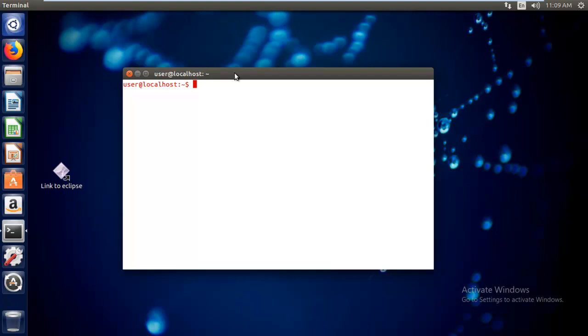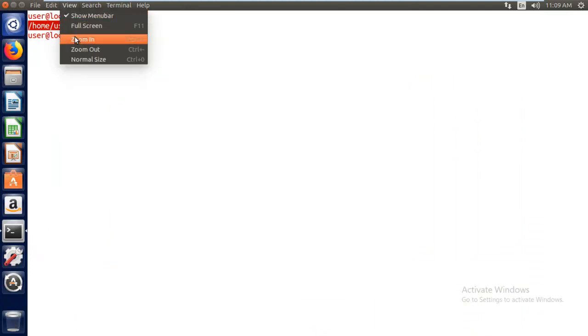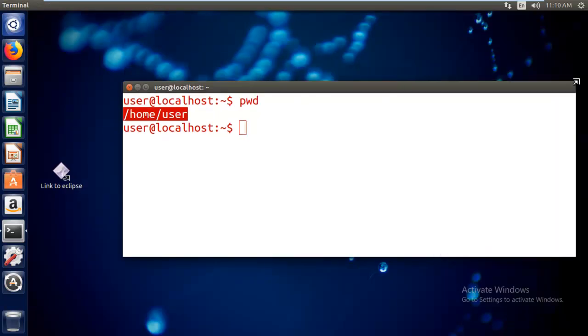Now coming to this, if you say pwd, nothing but present working directory or the current working directory, it will show you the path where exactly you are after opening this terminal. Just a moment guys, let me zoom in. Fine, that's good. It's showing the home location of this particular user.